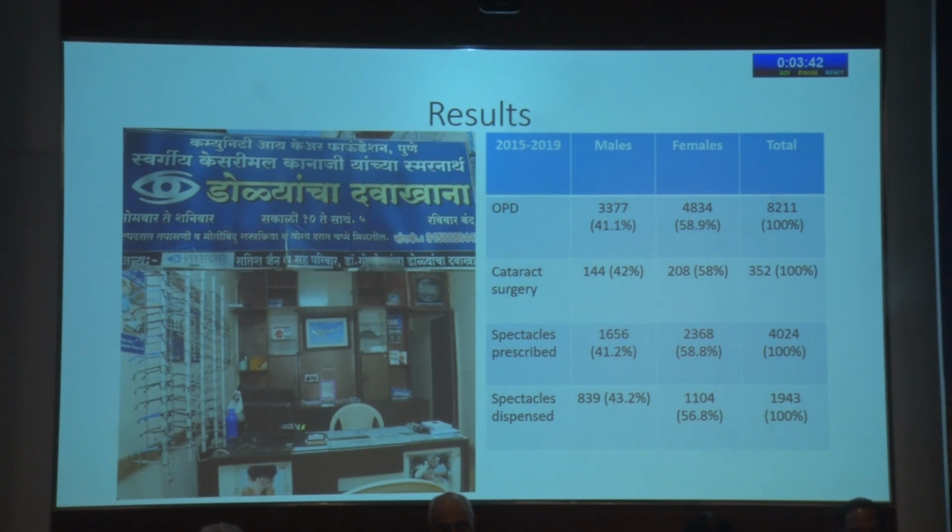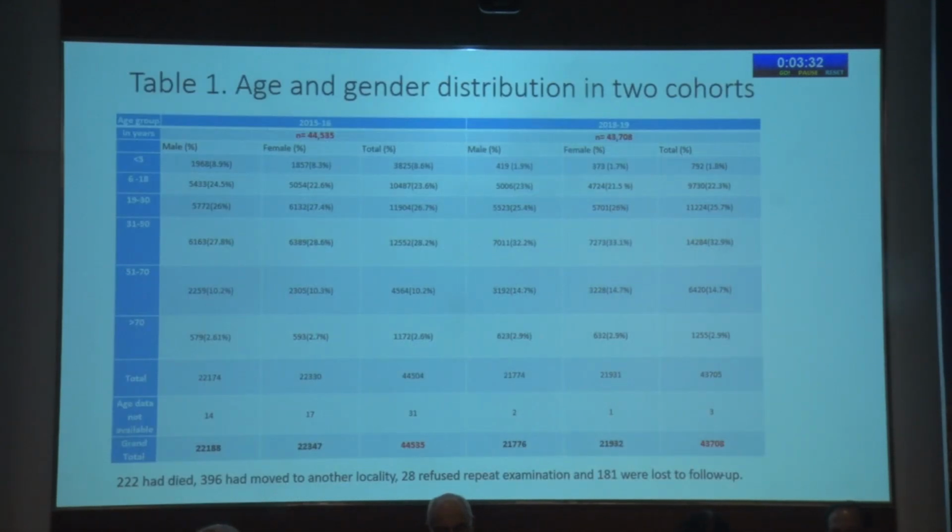Women form 55 to 60% of the beneficiaries, because all the 4 healthcare workers and the ophthalmologist and the medical social worker were all ladies. This is the age and the gender distribution, one in 2015, the other in 2019. And in them, the difference is because some people had died, some had moved to another locality, or some were